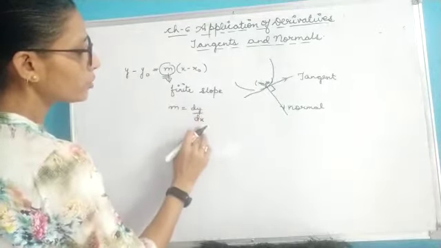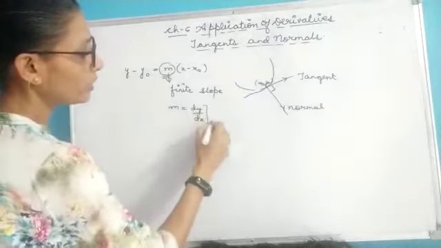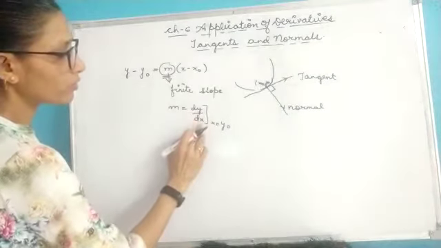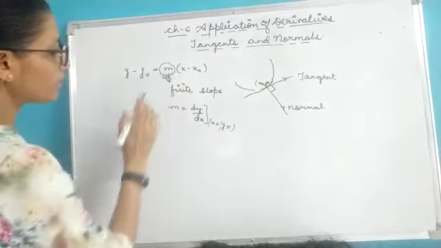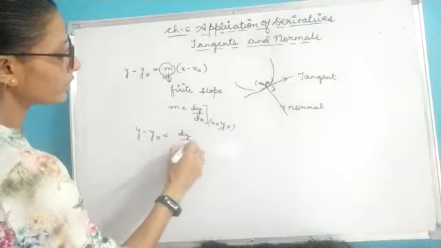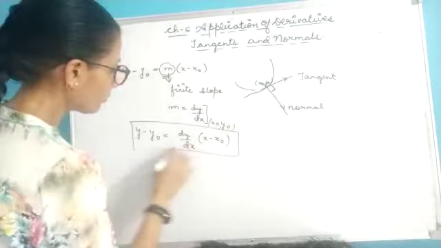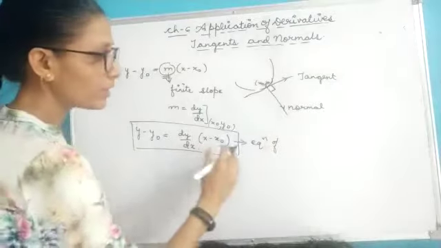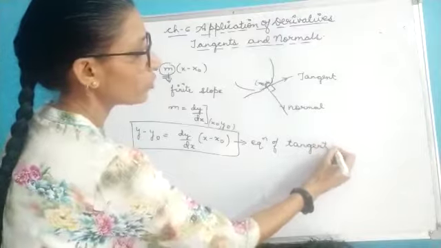Now in class 11th you have read that this slope can also be written as dy by dx, and since we are calculating dy by dx at x naught y naught, that means the change in y with respect to x at the point x naught y naught, I can replace this m here as y minus y naught equals dy by dx into x minus x naught. So this will be your equation of not simply the line, but actually the equation of tangent, which you are going to use in your question.